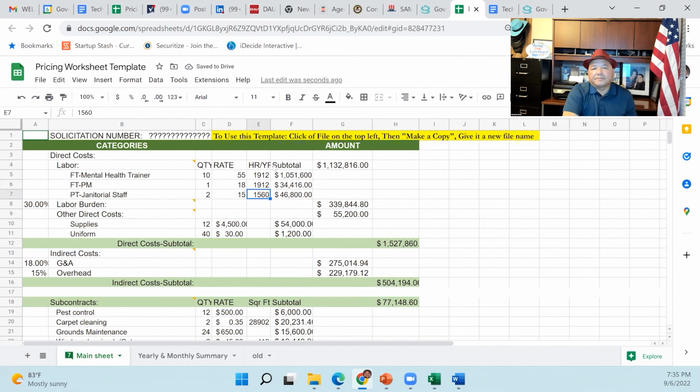So now, why 1912? 1912 is considered FTE. The government calls this their FTE or full-time equivalent. But why 1912? Best answer, 10 points. Why not 2,080 hours? 52 weeks times 40 hours comes out to 2,080 hours for the year. But you can't bill the government for 2,080 hours. They say you can only bill them 1,912 hours. Why is that? Any good guesses?